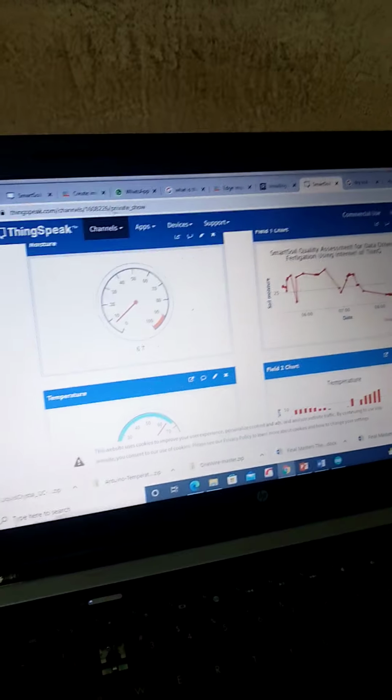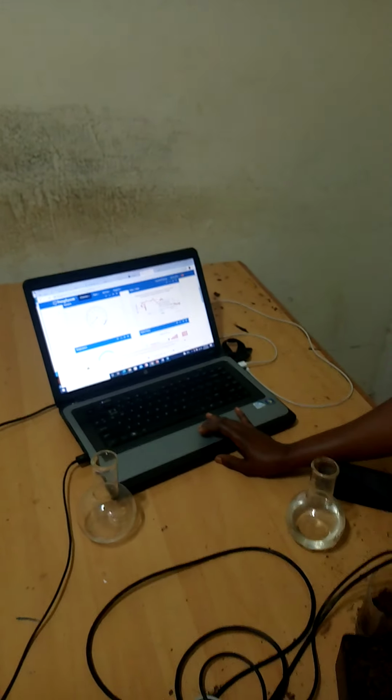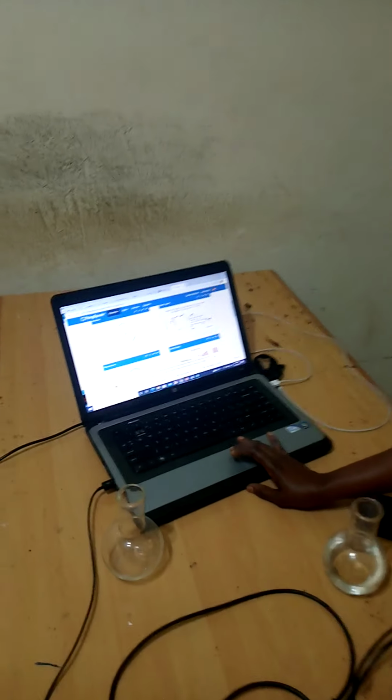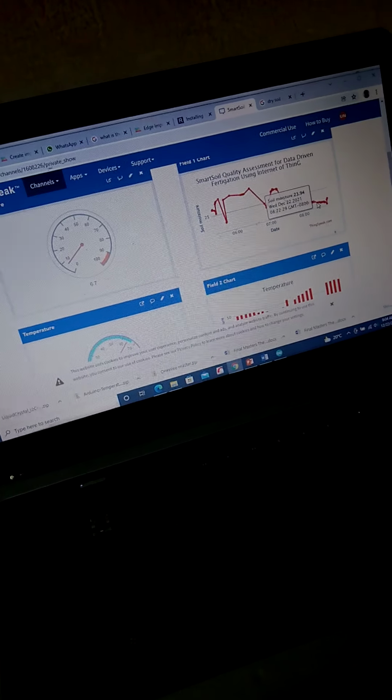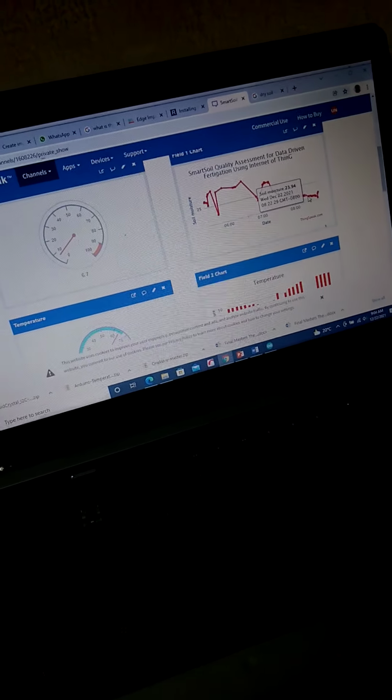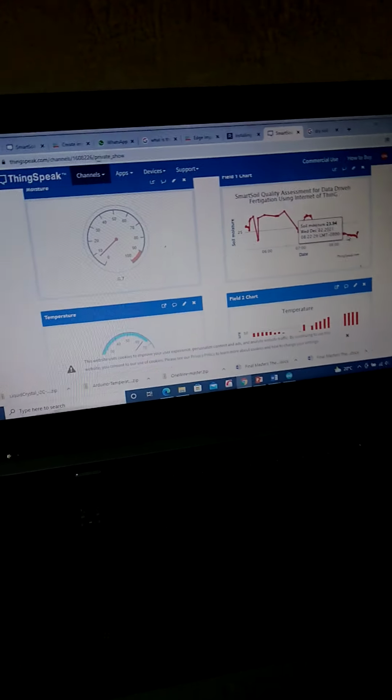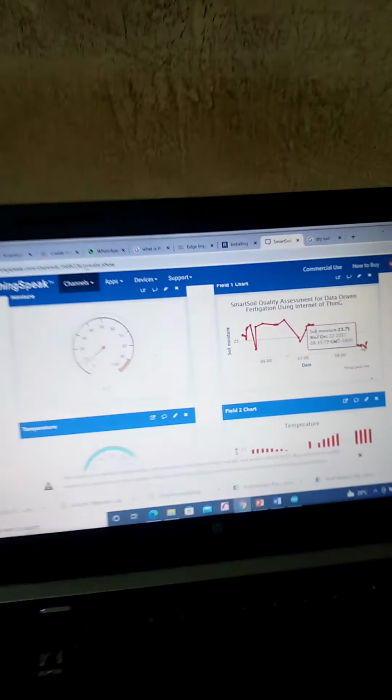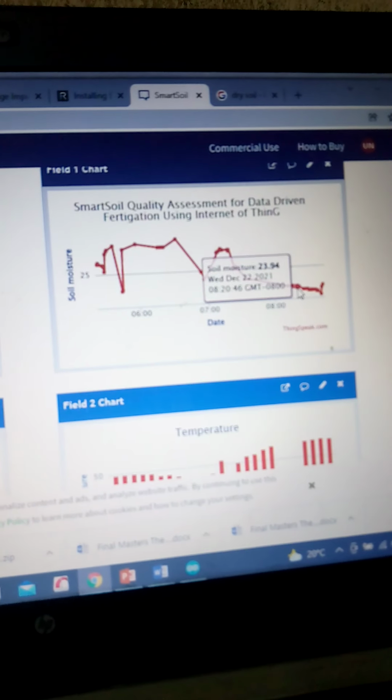As the hours change, it shows how the data change, because I have taken different readings and different parameters. As I changed the soils under the sensors, it is how the data is changed. As you see here, the time